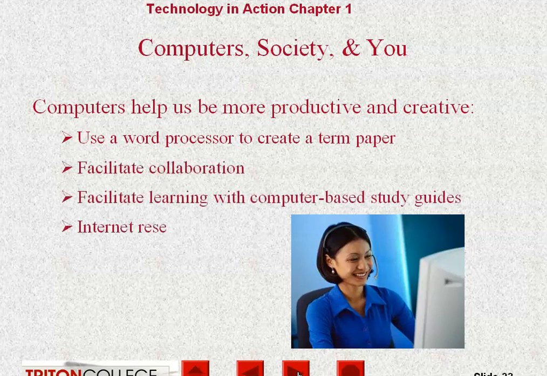Computing technology can help us become more productive and creative. Using a word processor to create a term paper, using a template of a previous paper for a similar purpose, and turning it around to get things we need to do. This is used in business and law all the time. In law and business, you need a contract. You don't have to reinvent the contract from scratch. You basically just take an existing contract of similar purpose, make any changes that need to be changed, and then print it out, and everybody reviews it, and if it's appropriate, they sign it.